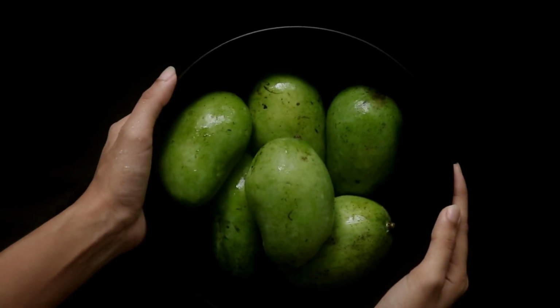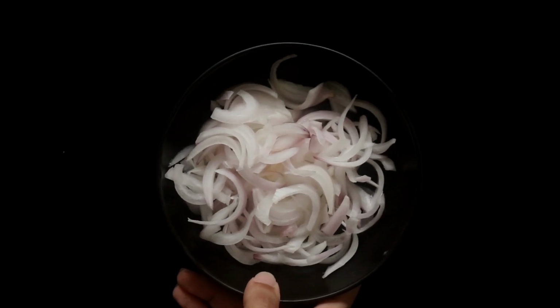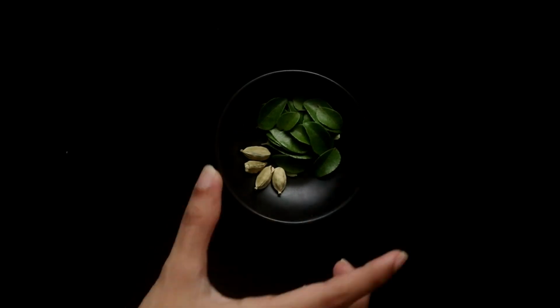4 to 6 raw mangoes. These are usually found in supermarkets as cooking mangoes and they are not too raw or ripe. 4 tablespoons of oil, 1 large onion sliced fine, a handful of curry leaves, you can substitute this with a